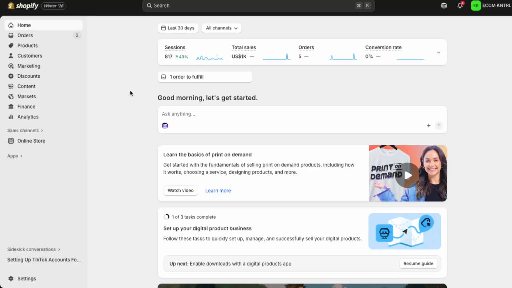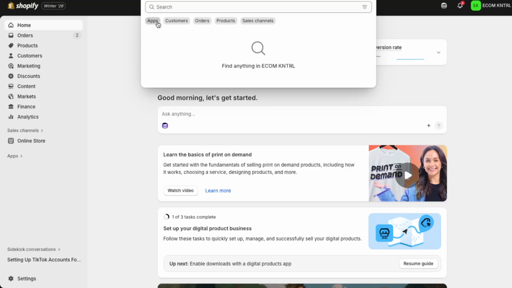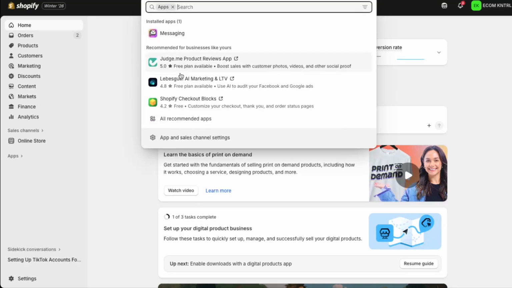This is your main control center, where you manage products, orders, and apps. Once you're in, look toward the top or side of the page for the search bar. This search tool is really handy because it lets you quickly jump to different areas in Shopify without hunting through the menu. In the search bar, type apps and then click on the apps section when it appears. This takes you to the place where all your installed apps live and where you can discover new ones to